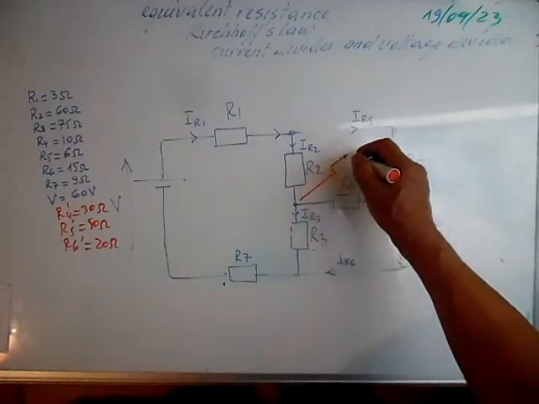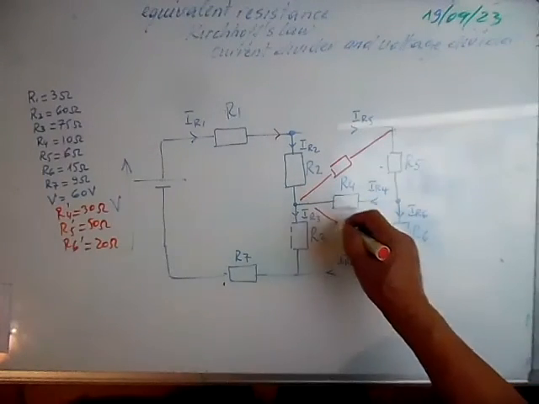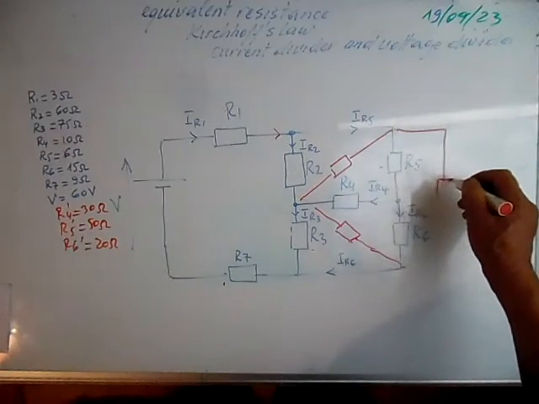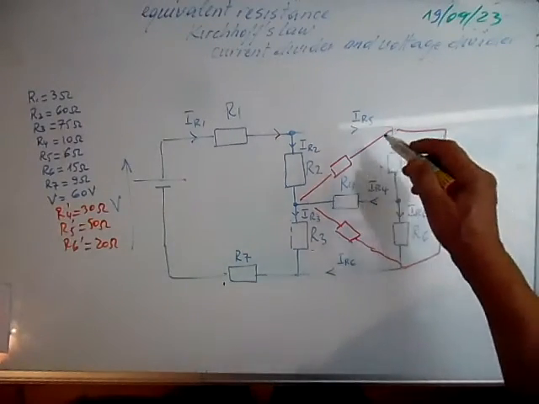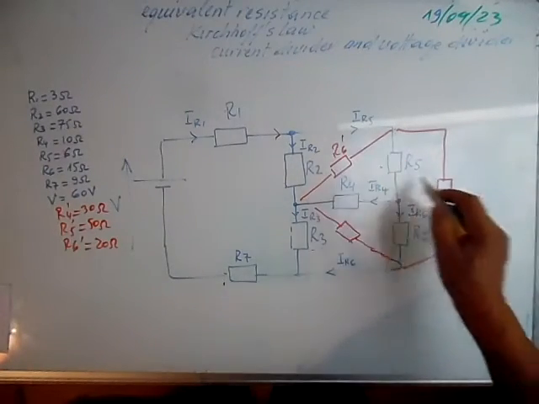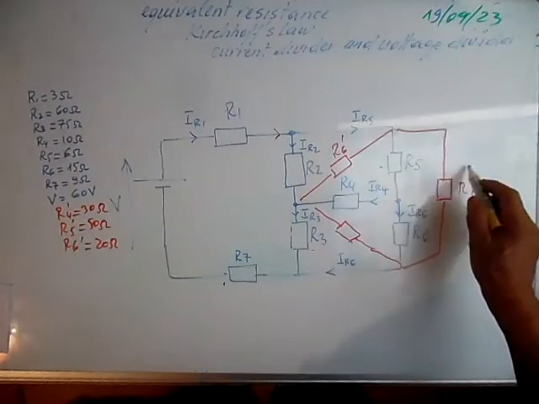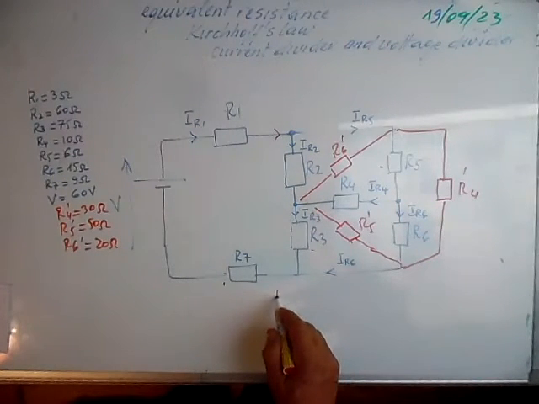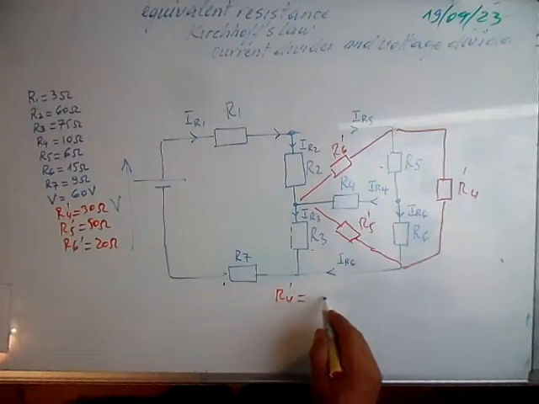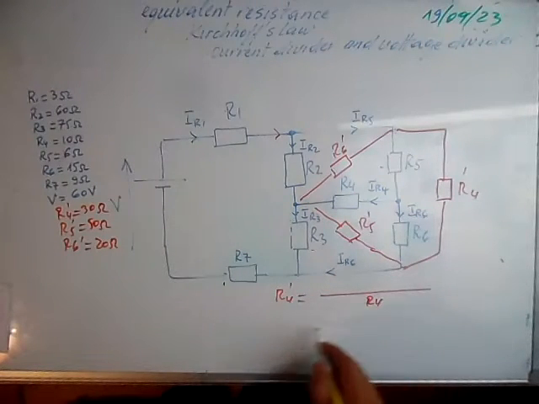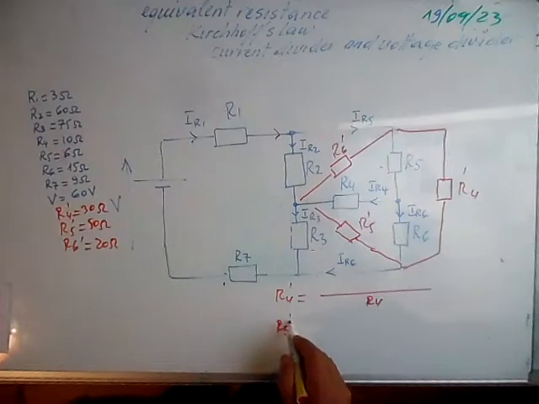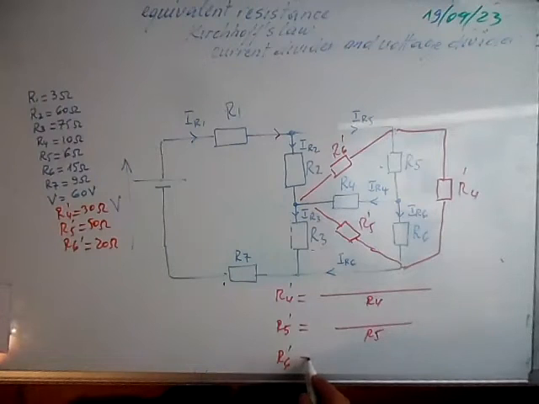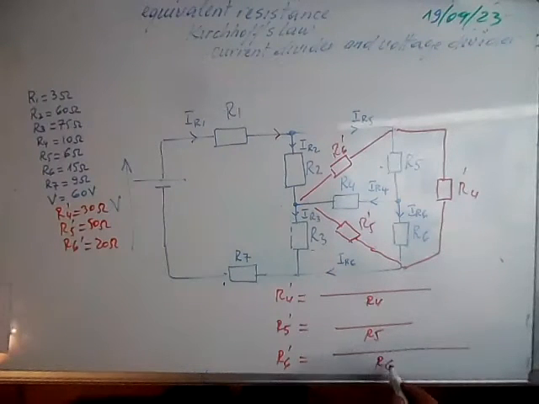Let's transform this star into delta. Here is the result. If we transform it, we have the following circuit. We have R6 prime, R4 prime and R5 prime. From here we can calculate R4 prime divided by R4, R5 prime we divided by R5, R6 prime we divided by R6, and here it's